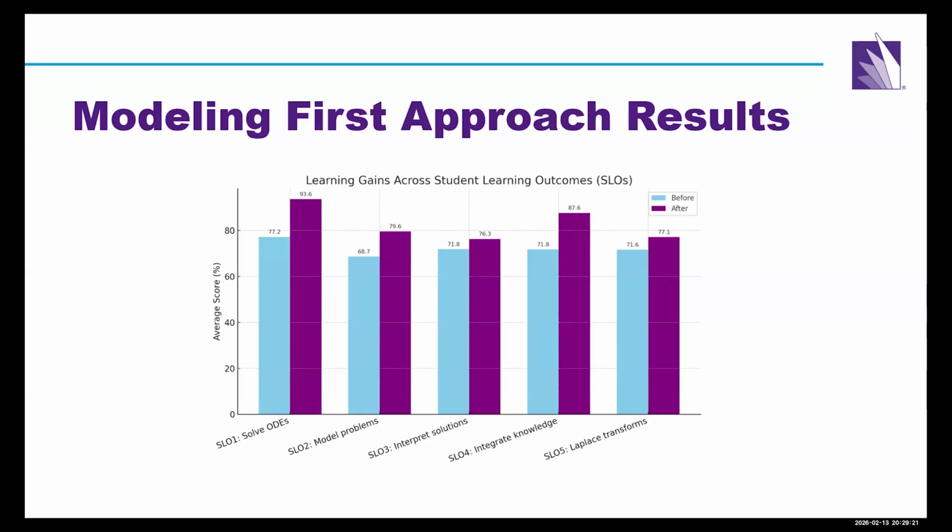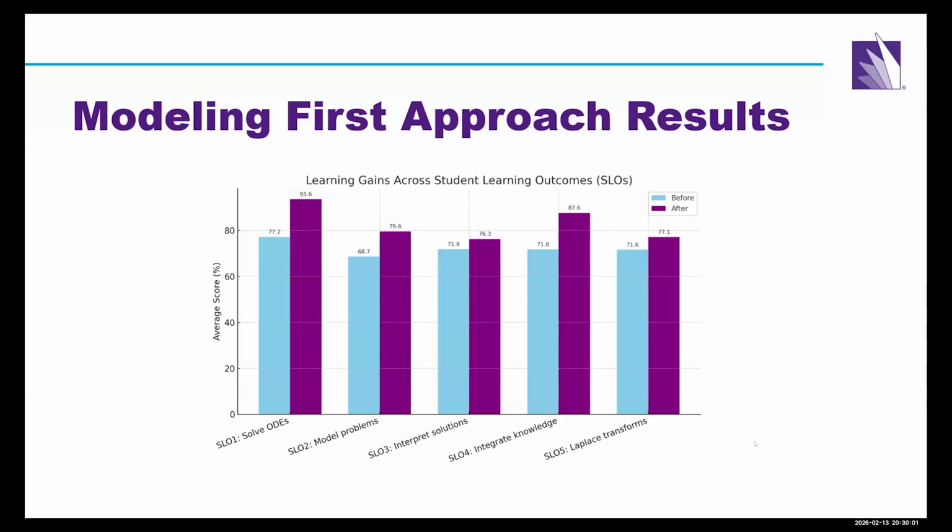We had standard learning objectives for the class before and after. The learning objectives did not change, and you can see them here on the graph. To solve a first order ODE modeling problem, where basically we just give them a scenario and ask them to create a model. These problems are assessed on an exam, so these are timed assessments. You can see the results in blue, that's before, and the results in purple, those are after. So we've actually shown that teaching with a modeling first approach, by the numbers, it's better. It works better. And we were very happy with these results.